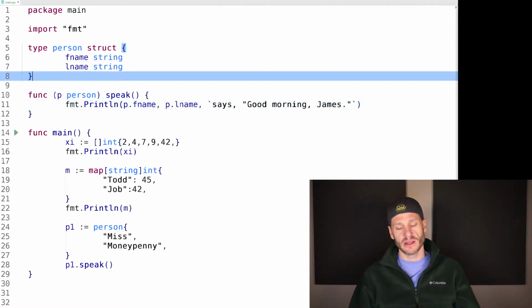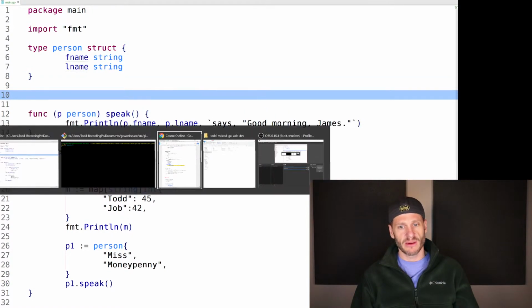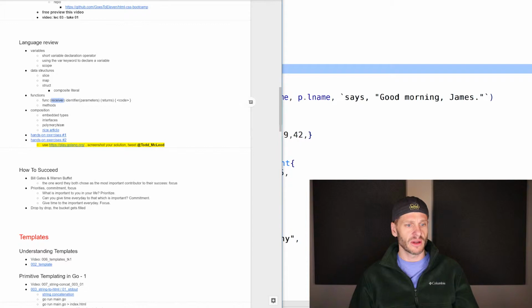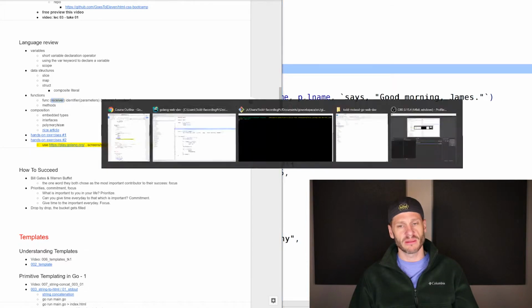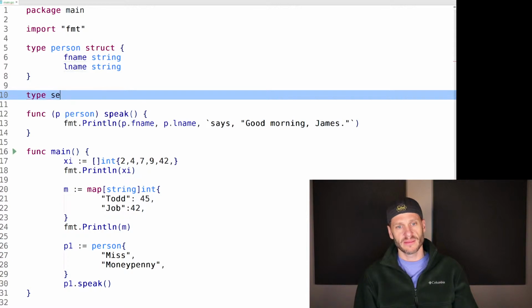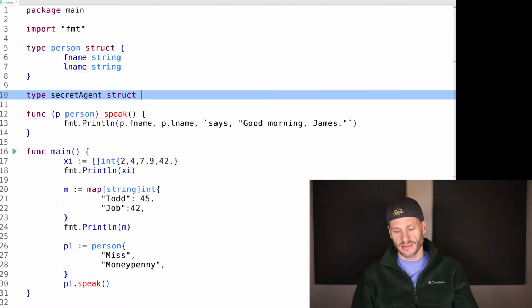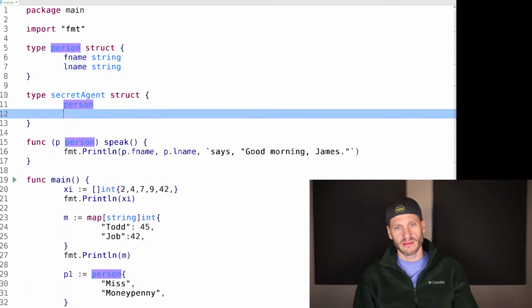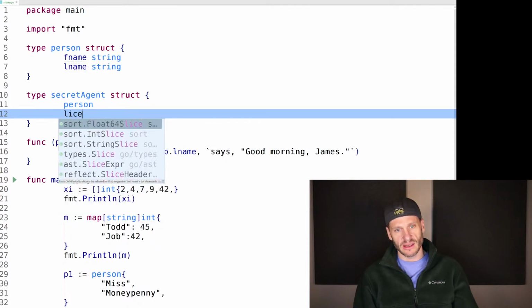And so let's say we wanted to do a little composition now, because now we're moving into this stuff. We did functions and methods. Now we're going to do composition, embedded types, interfaces, and polymorphism. So let's say I have another type, which is secret agent. And that's a struct. And secret agent is a person, and they also have a license to kill,